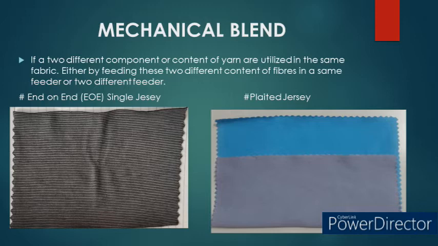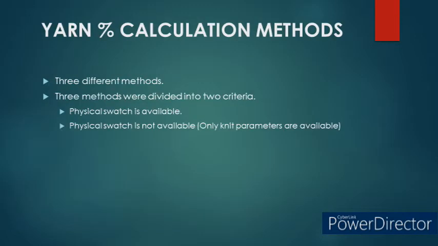The fabric image on the right is the plaited jersey, where the two different contents of yarn are fed in the same feeder, so that the complete face side is one component and the complete back side is another component. The fabric image on the left is the end-on-end single jersey, where the two different contents of yarn are fed in consecutive feeders. For yarn percentage calculation, I have considered end-on-end single jersey fabric, and there are three different